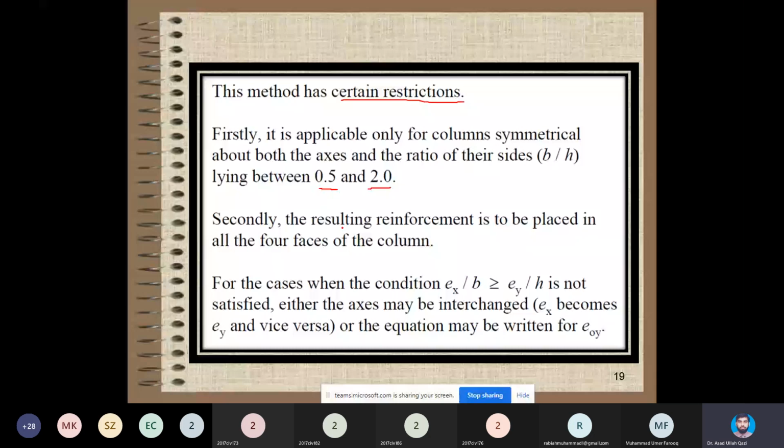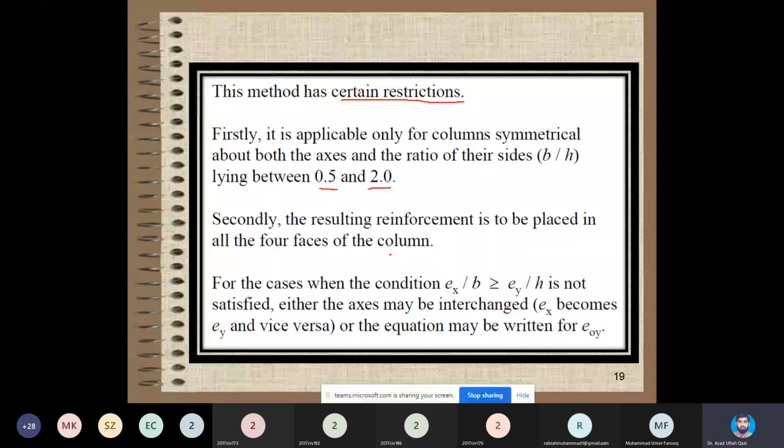So don't forget that once you get the area of steel, don't put it on 2 faces only. Place them on 4 faces uniformly spaced. This is important, and I think this condition is also important for all the columns under biaxial bending, that you need to place the steel uniformly on 4 faces, because you never know about which axis moment demand will be considered, and you must have steel on 4 faces to handle the load as well as biaxial movements.